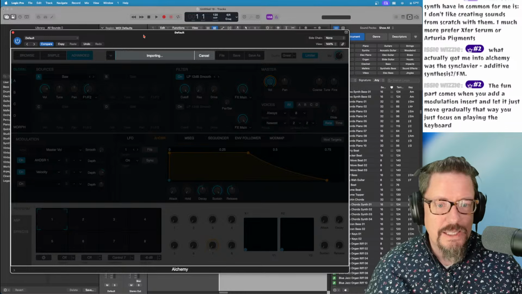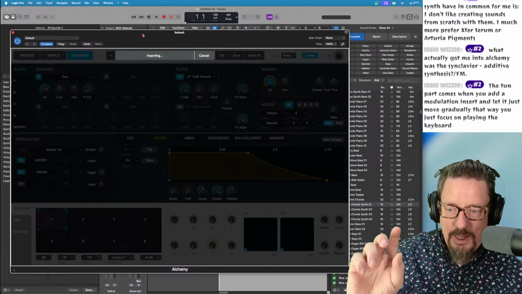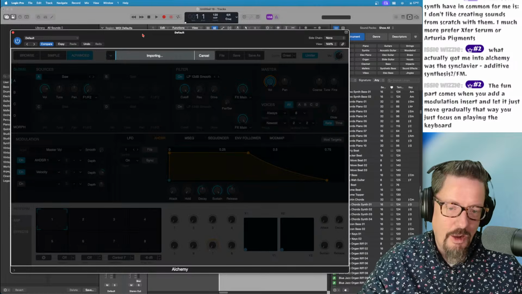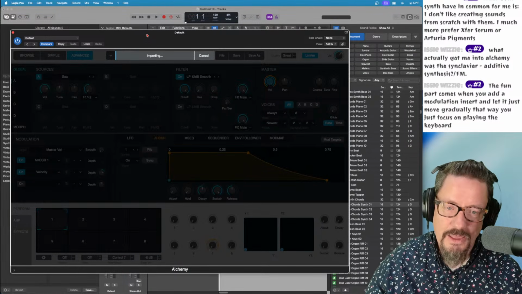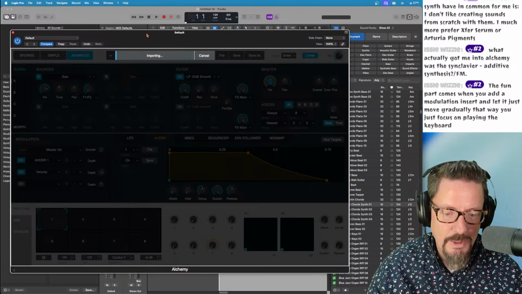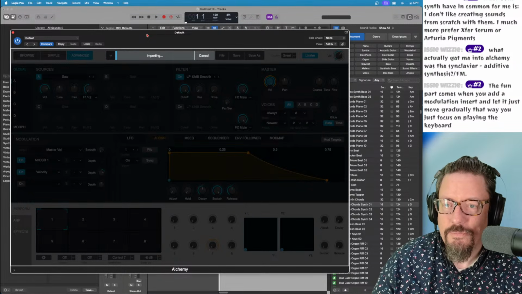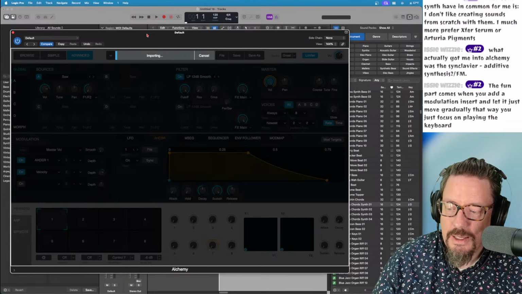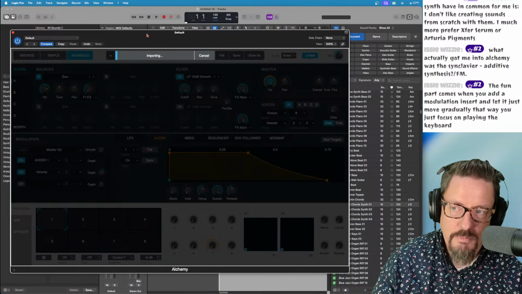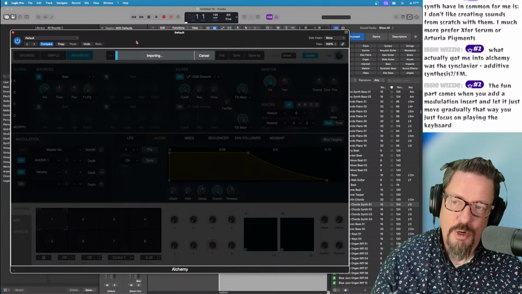So this is another way that I think if they would just say, let's take all of our sampled EXS instruments and just make them into variations in Alchemy, then we would have easily a really good library like Omnisphere. This will take a second. I just had it resynthesize an entire grand piano. I don't know if that was smart or not.